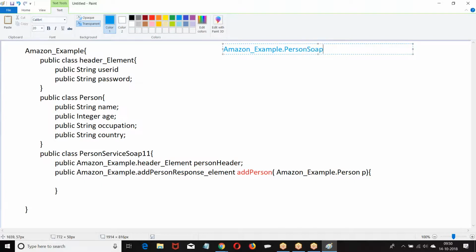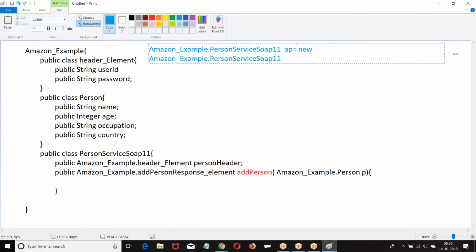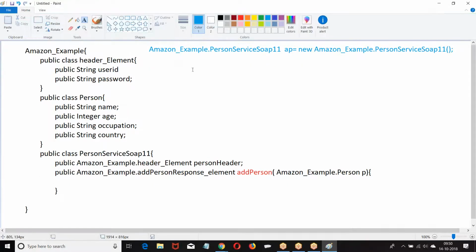Person service, SOAP level, the people new. This is what I create. So I create an object for this inner class.